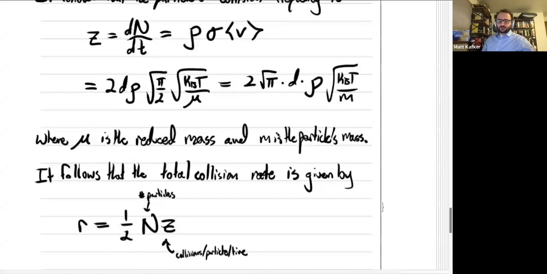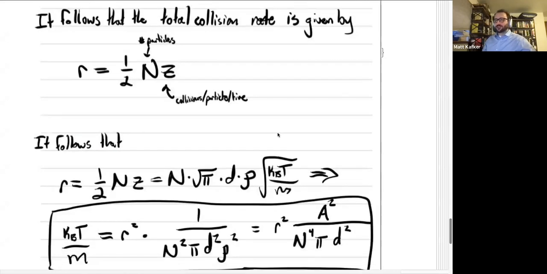I don't have a good answer to your question, but I have a bad answer to your question, which is that we're going in and fixing everything except for one of these variables at a time. And we're just seeing that, rather than going like a squared, it goes like a to the 4th. And rather than going like n to the 4th, it goes something like n to the 5th or n to the 6th. Rather than going like d squared, it goes like d to the 6th. So the short answer is that I don't remember whether it's systematically lower or higher, but the power law relationships are just different.